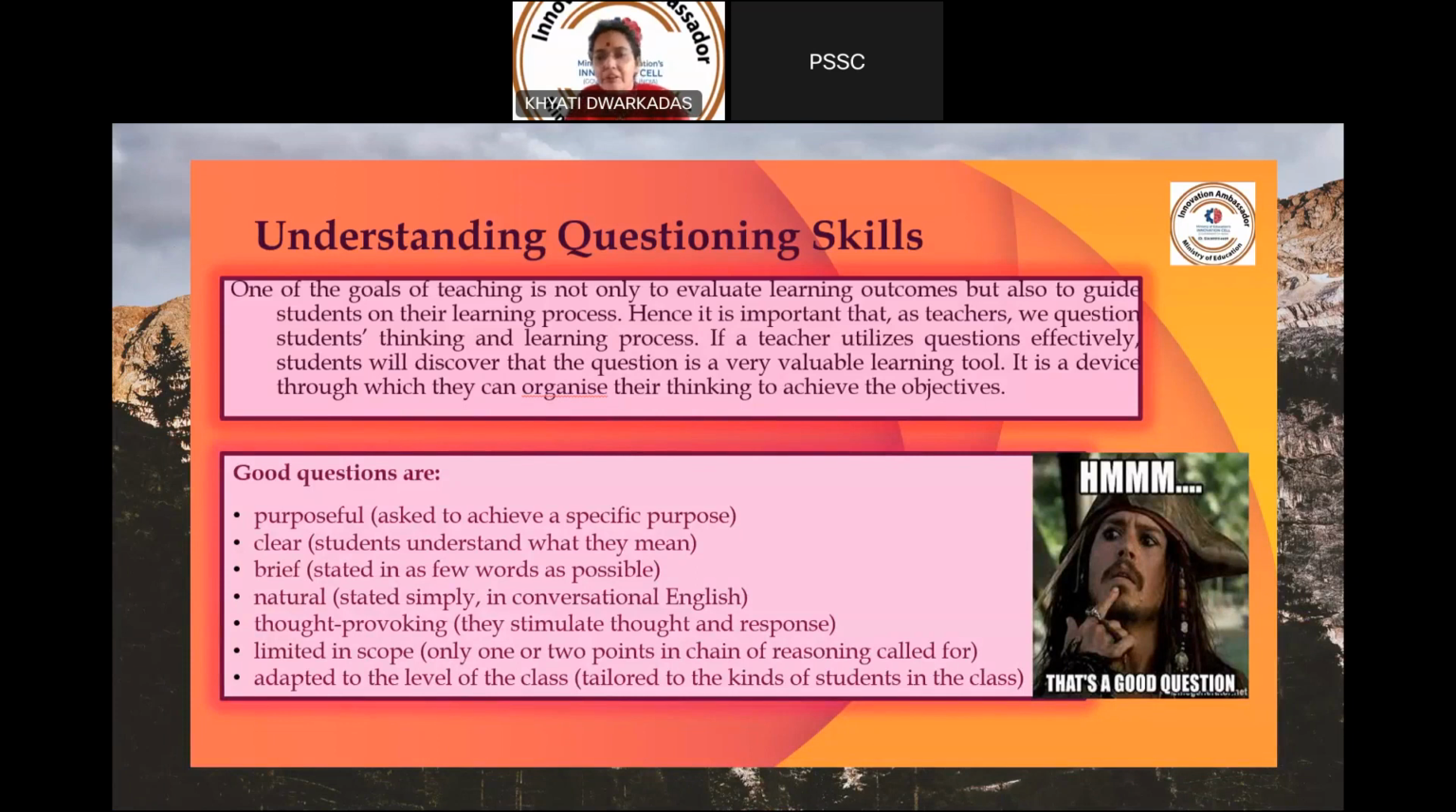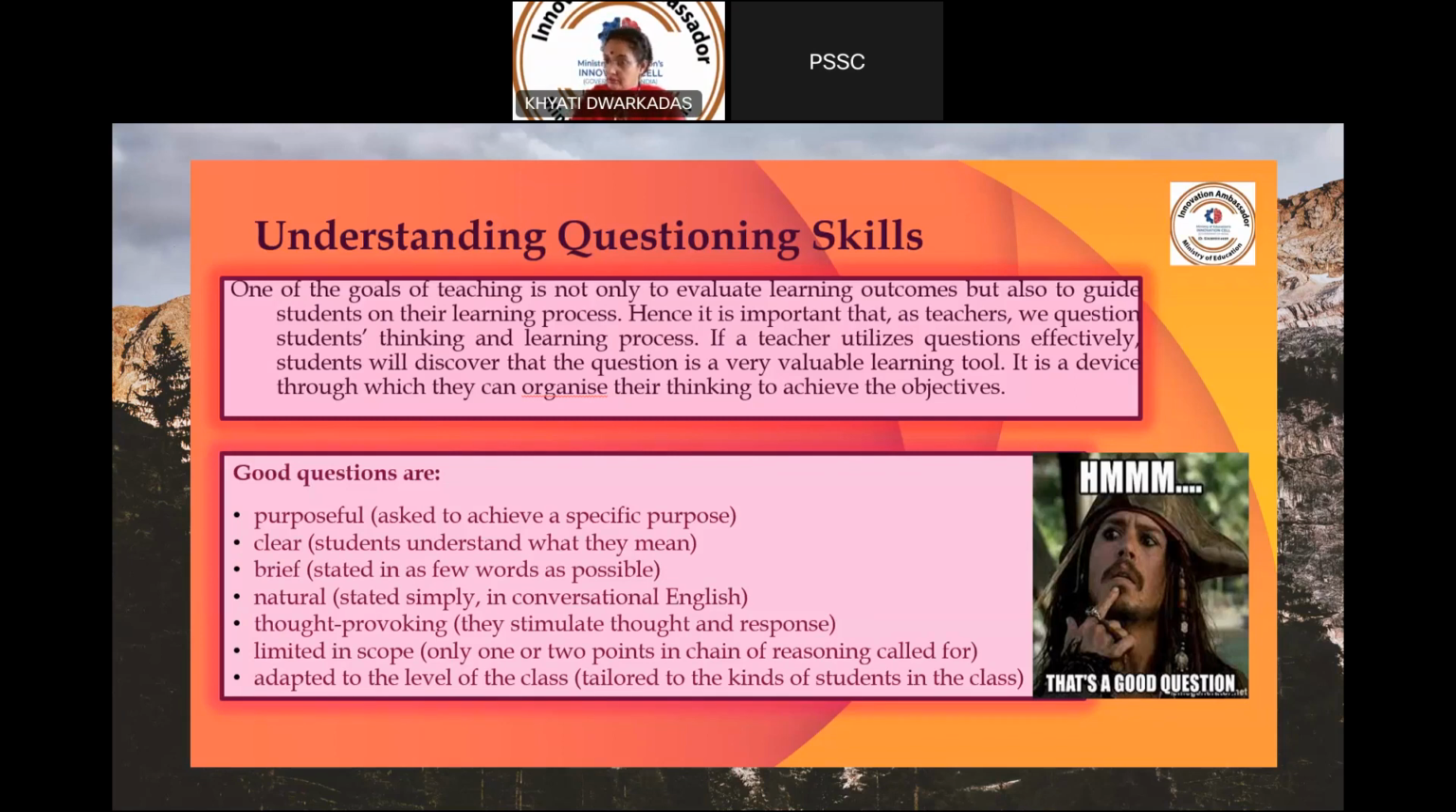Hence, it is important that as teachers, we question only the thinking and learning process. If questioning skills are effectively used, students will discover that the question is a very valuable learning tool. It is a device through which they can organize their thinking to achieve their objectives. So good questions are purposeful, they are clear, they are brief, they are very, very natural,